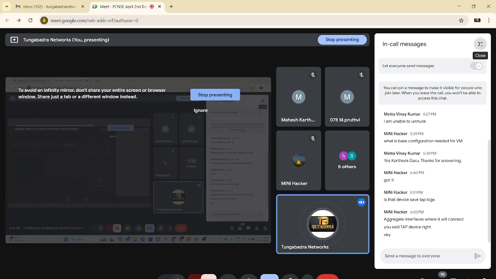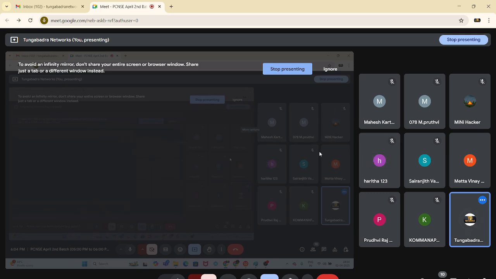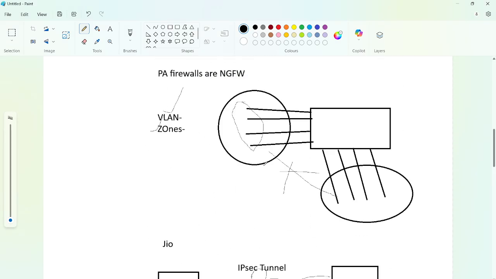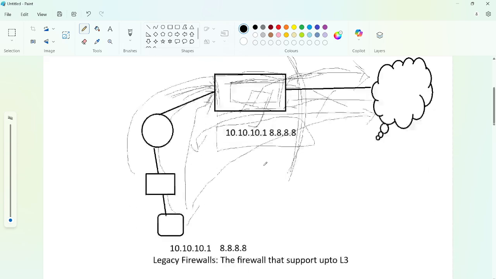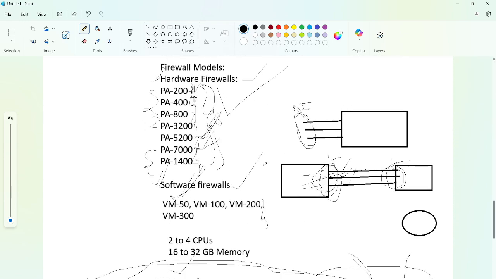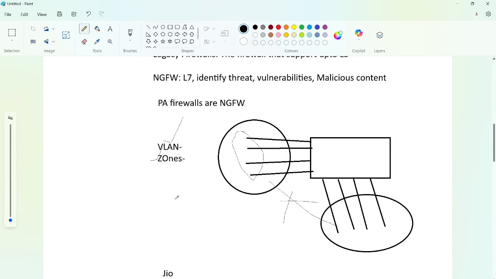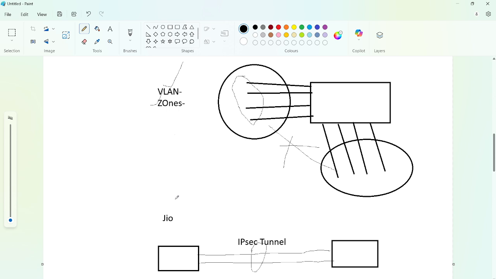Any other questions or any other queries? Okay. If you don't have any questions, we can proceed further. We have zones, right? I think I have already discussed the zones. Here in the Palo Alto Firewall, we'll be creating zones in order to